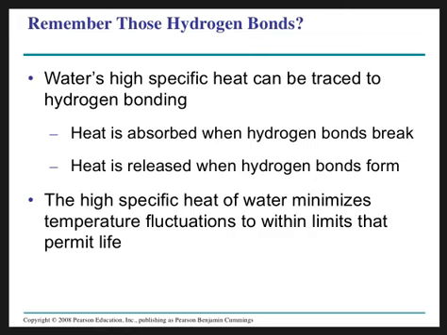So when hydrogen bonds break between those separate water molecules, heat gets absorbed. We absorb heat in. When those hydrogen bonds form, heat gets released. And so it's that breaking and reforming of those hydrogen bonds that really facilitate this high specific heat. And what it's going to do overall is minimize temperature fluctuations so that